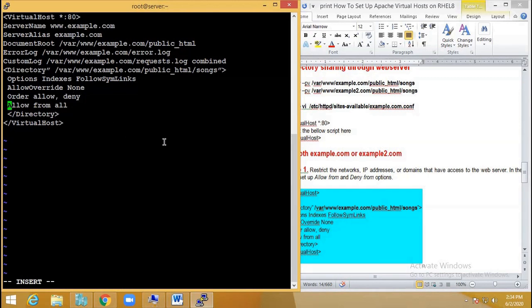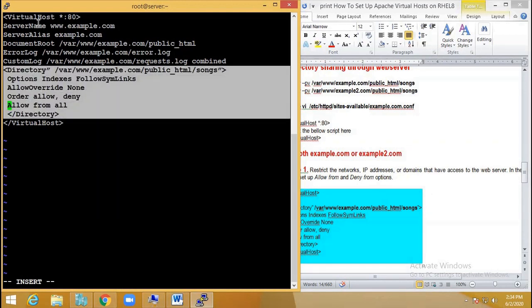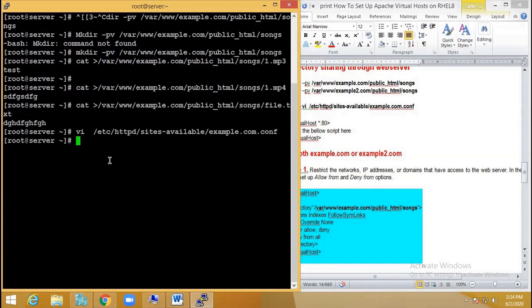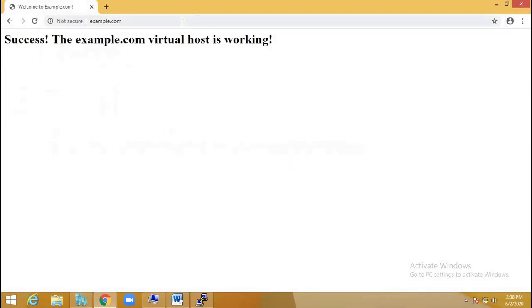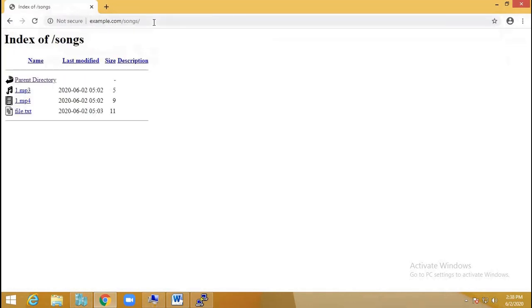Once we do this, we have to add this section inside the virtual host, at the end after the custom log. So say escape, :x. Now we can restart the web service, httpd, and open example.com/songs.